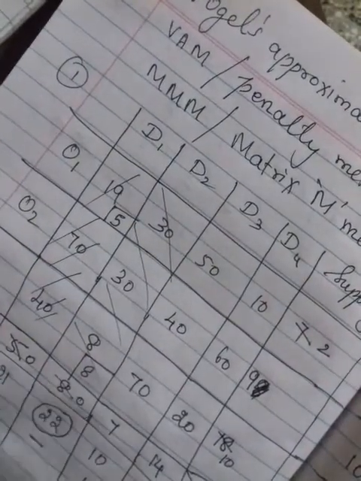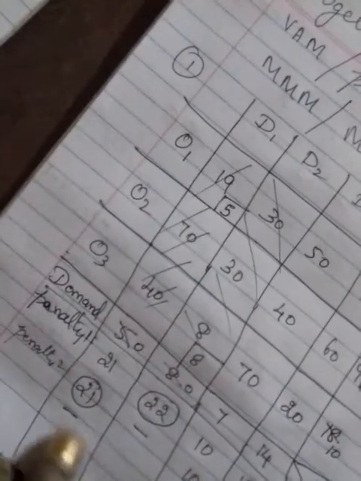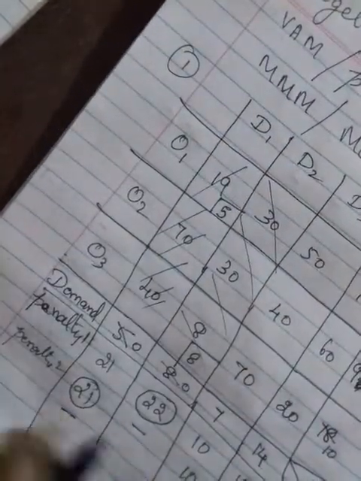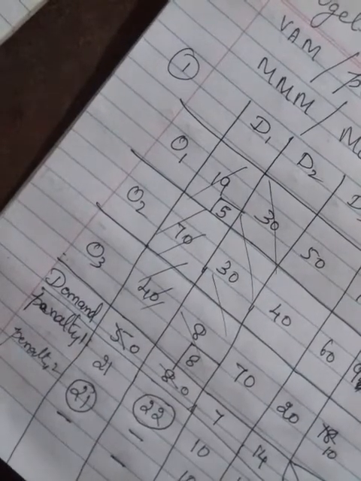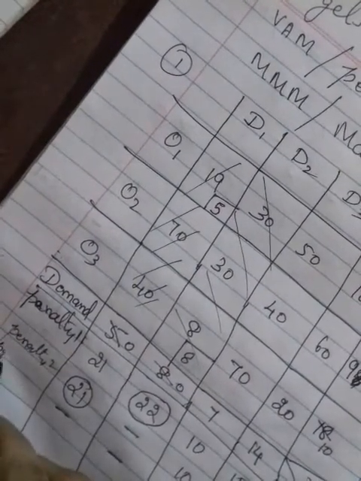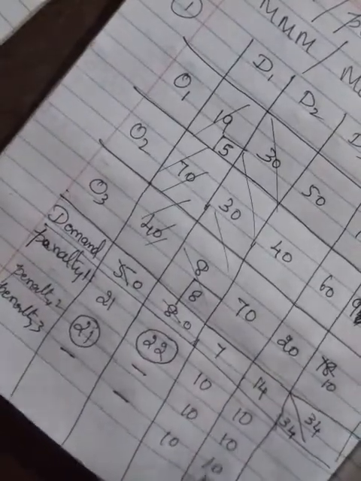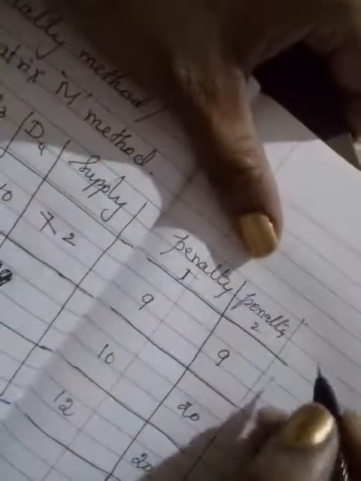Okay, now the next penalty is a dash, because you have scratched out this first column, no? So here you have to put a dash, and this already has one dash, and here you have to put penalty 3. Okay, the other things are the same again. And here penalty 3.